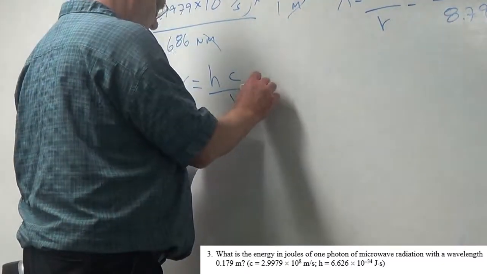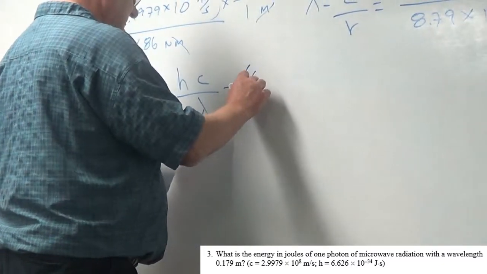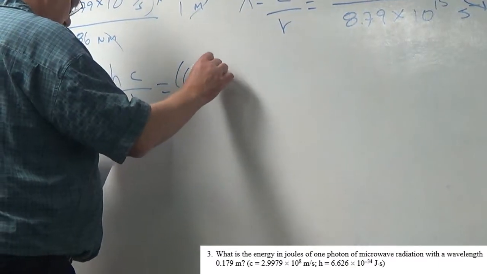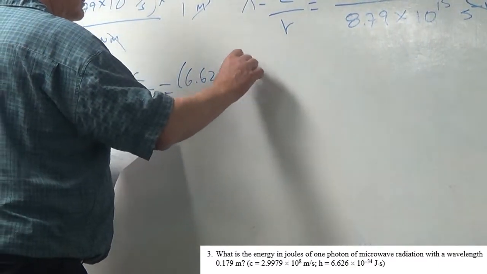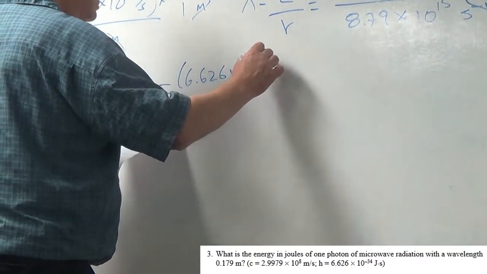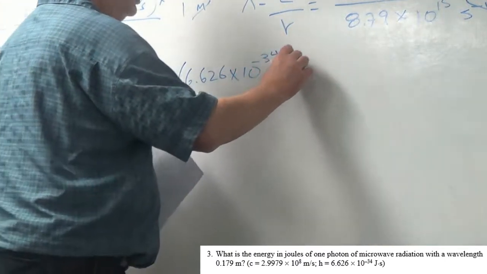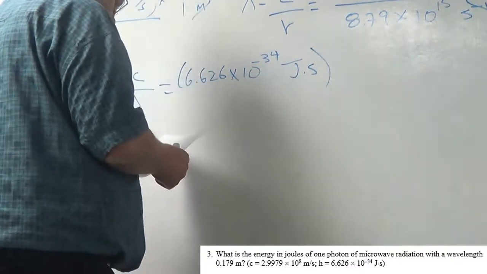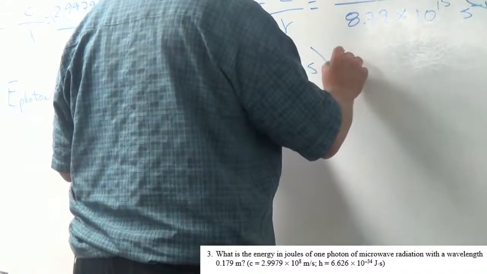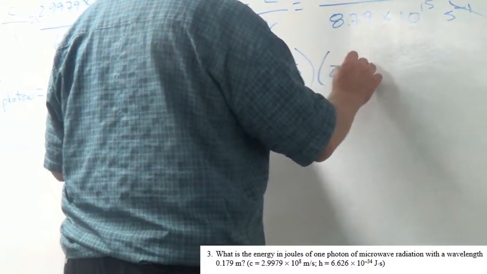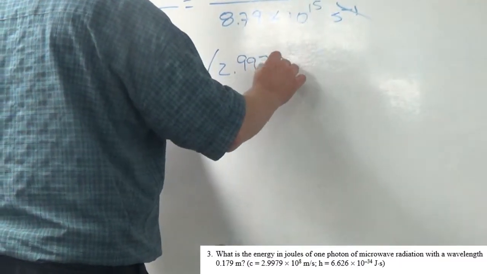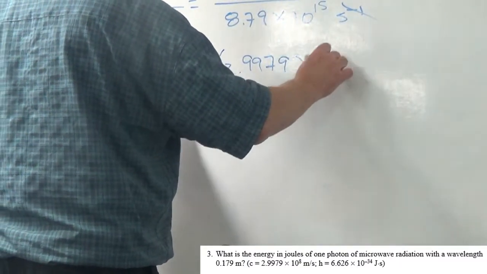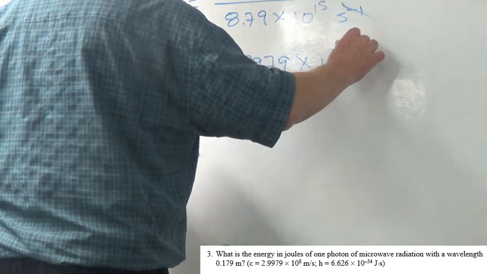So, Planck's constant is 6.626 times 10 to the minus 34 joule seconds times 2.9979 times 10 to the 8th meters per second